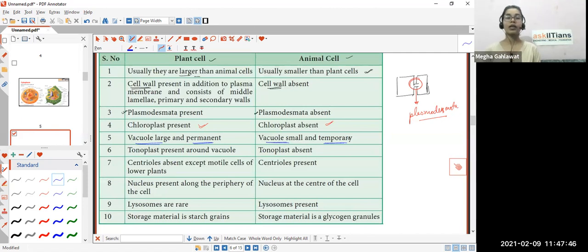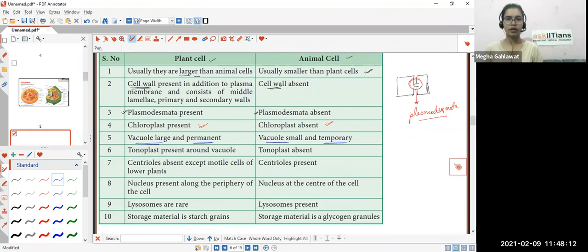So what will happen, the plant cell will have a large central vacuole in which it will put all the materials which need to be stored. Okay, and then that will be permanent there. And in the animal cells, the vacuoles are very, very small because at times we just need to store extra water, maybe, or extra salts maybe, and whenever those are required, those are used,